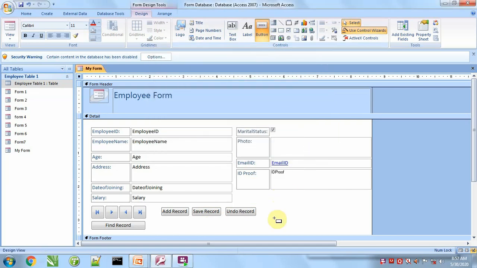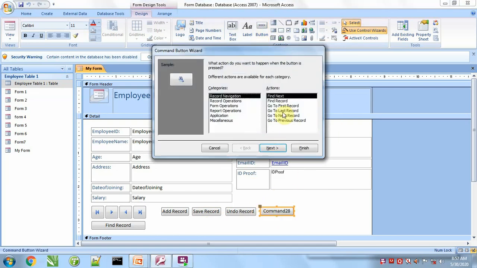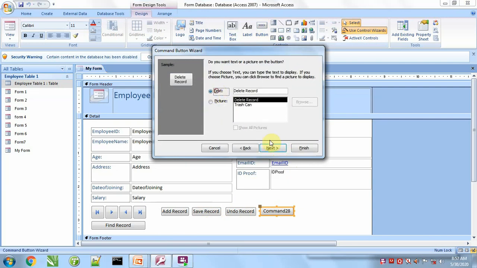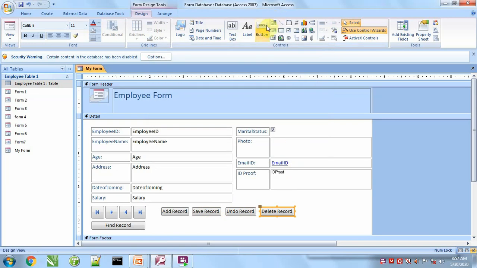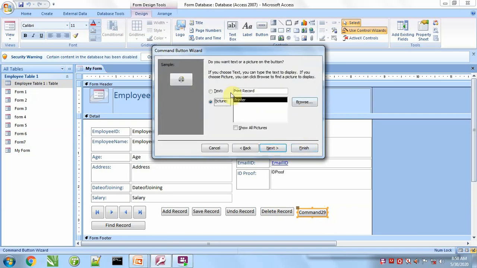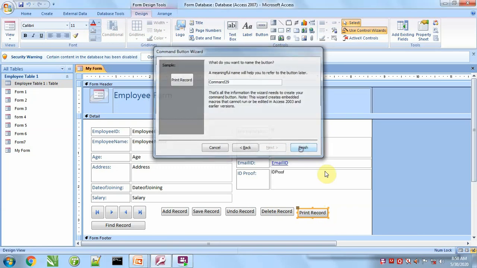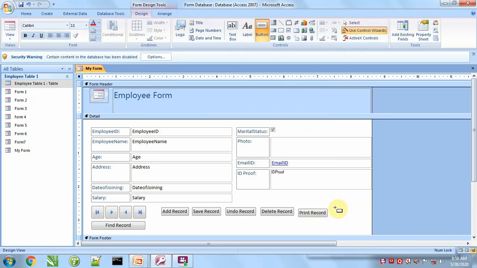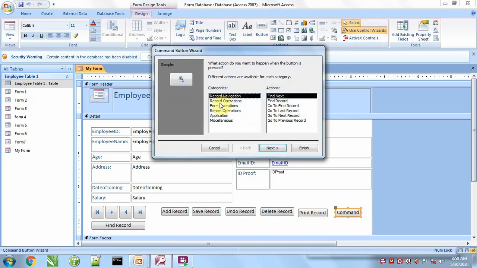Next, if you want to delete that record, this record will delete. And if you want to print that record, this record will print. And if you want to duplicate that record, it will make a duplicate copy of that record.